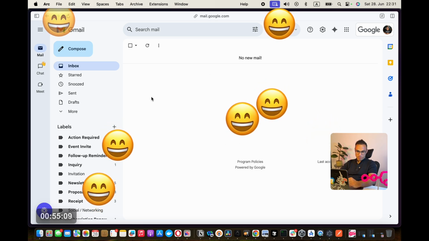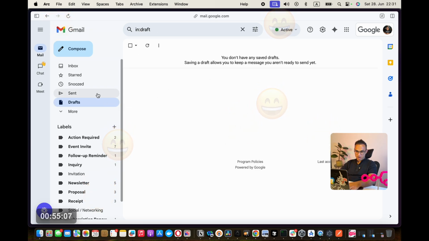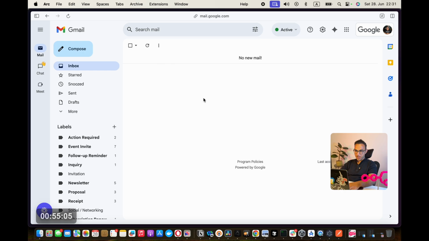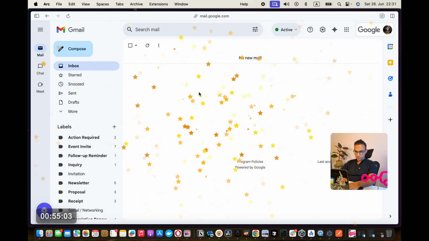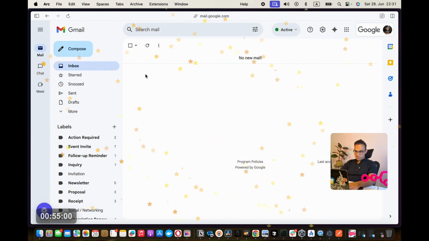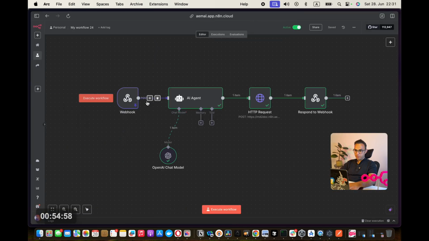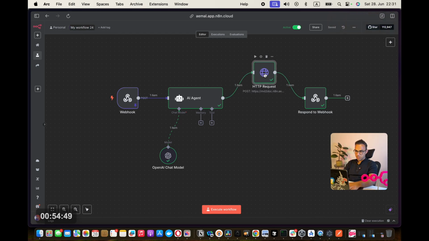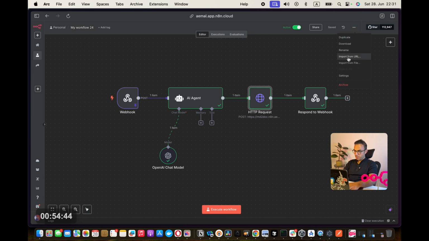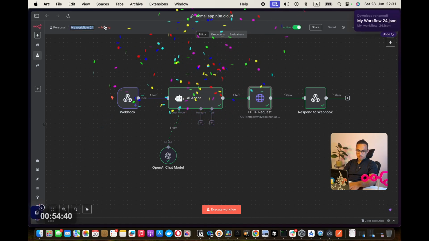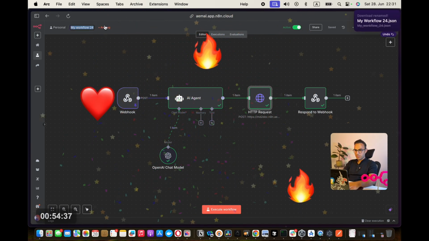All right, so this is my inbox. This is my draft folder, and we're gonna keep coming back and forth to this a lot. And this is one workflow that we have just created. Oh, indeed, I said I'm going to send you guys the JSON of these workflows. I forgot to send you the JSON of this workflow before putting this one, but at least this one, I can download it so that I don't forget to send it. I will upload it somewhere. I will find out how to manage this.